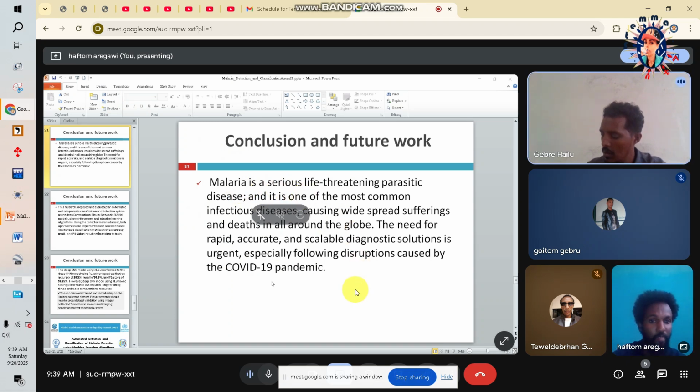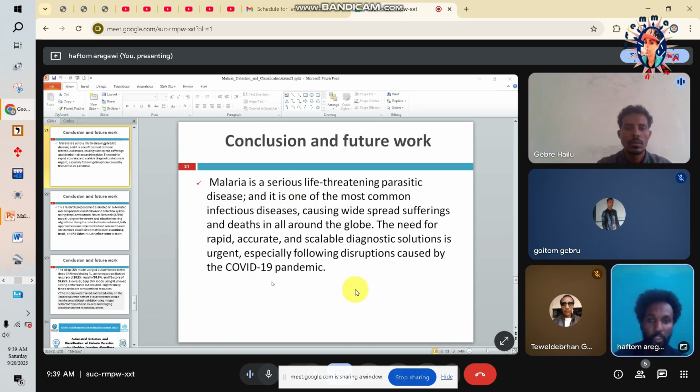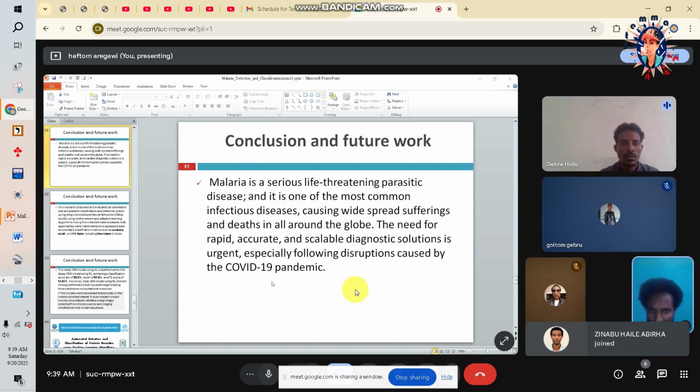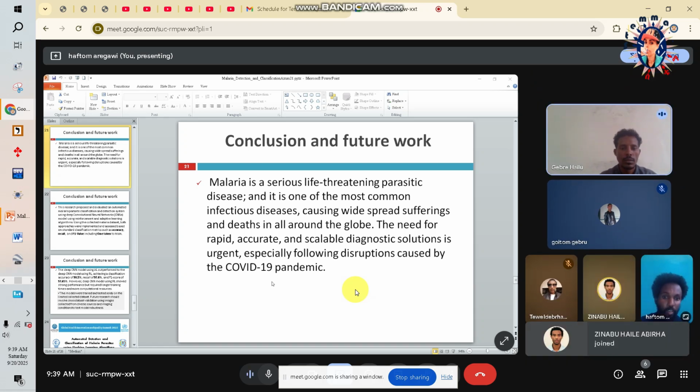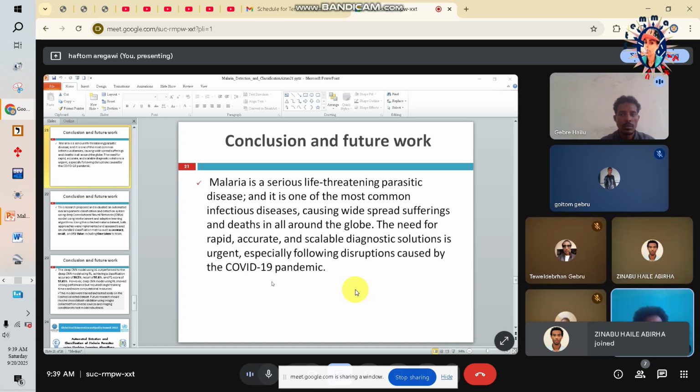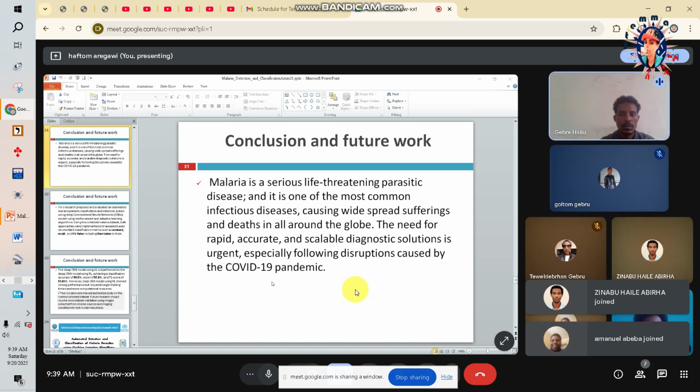Malaria is a serious life-threatening parasite disease. One of the most common infectious diseases causing widespread suffering all around the globe. The need for rapid, accurate, and scalable diagnosis